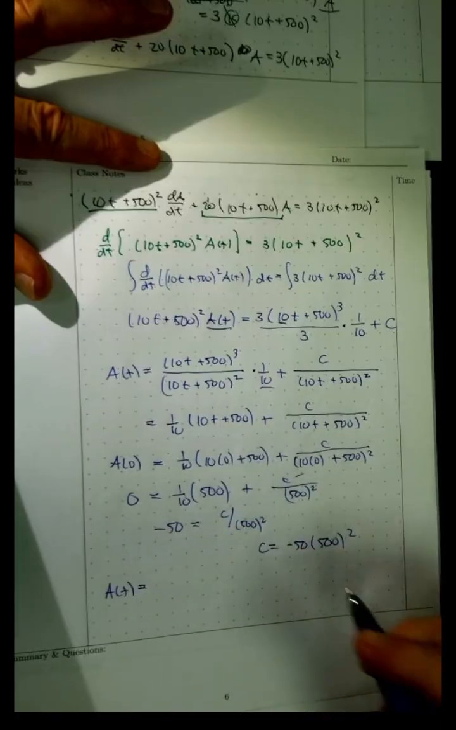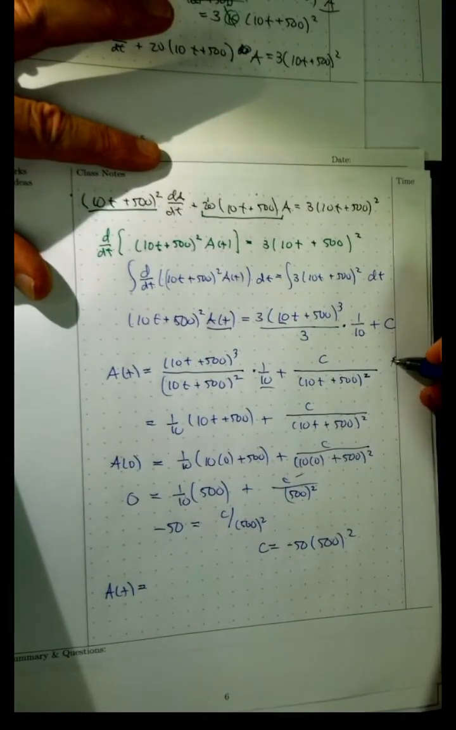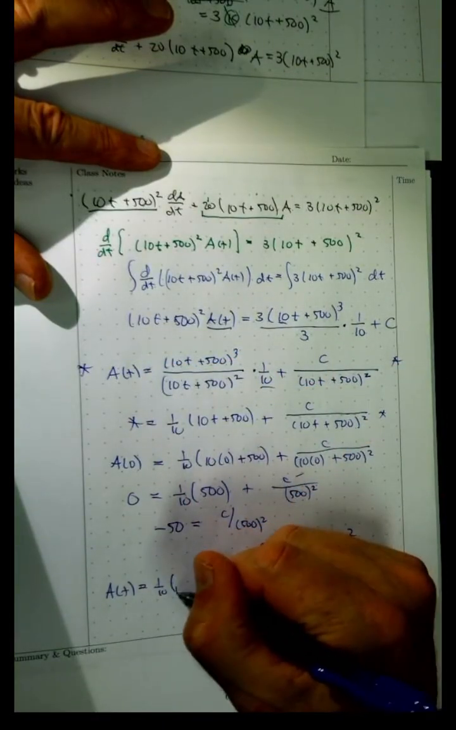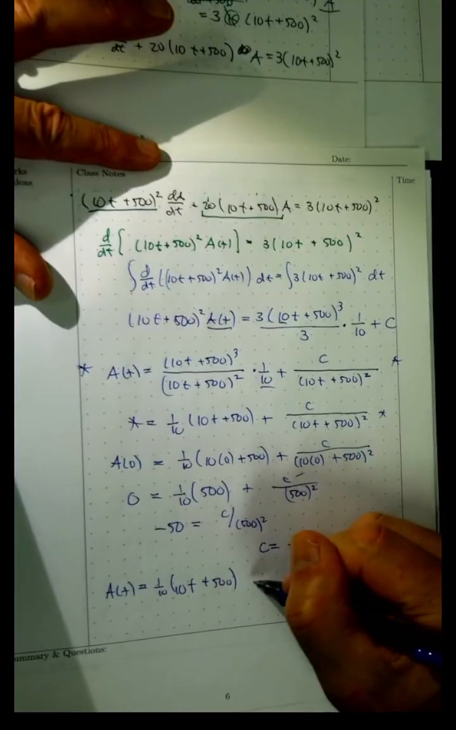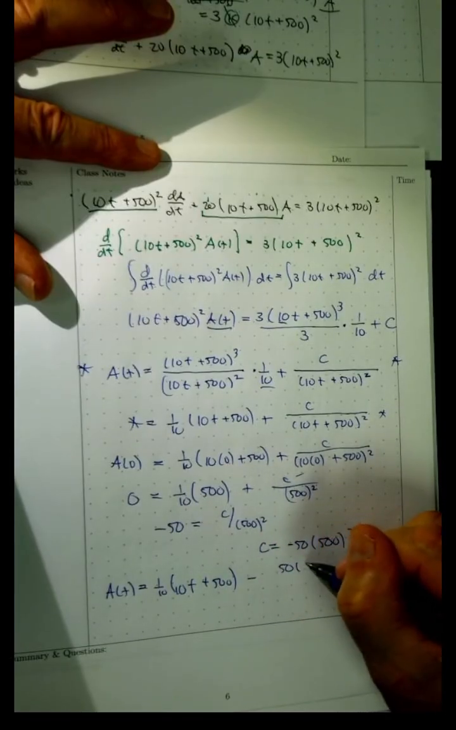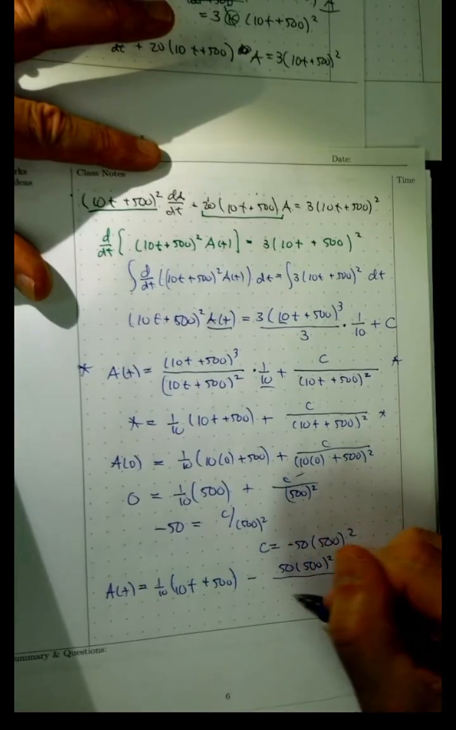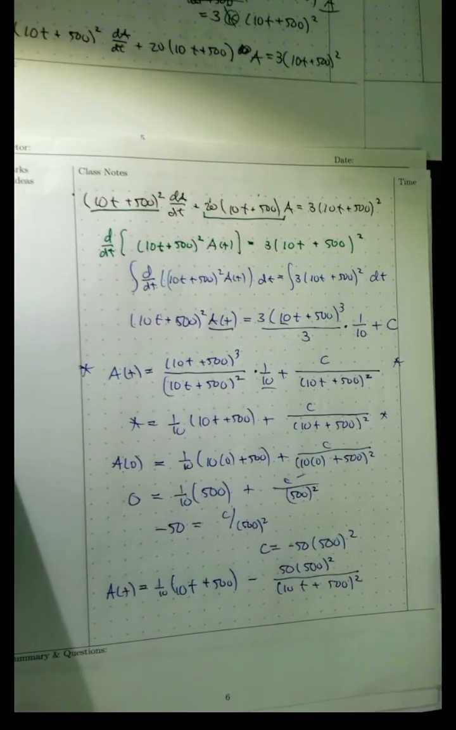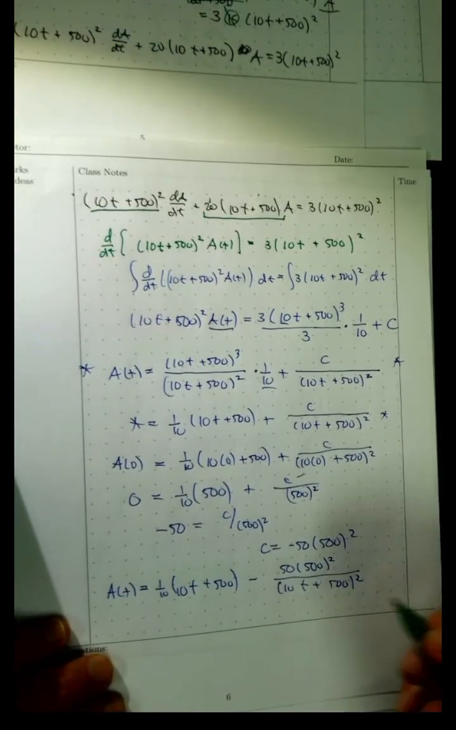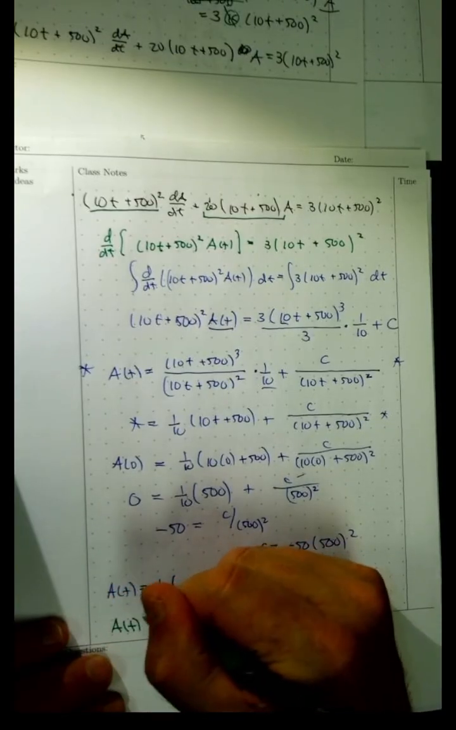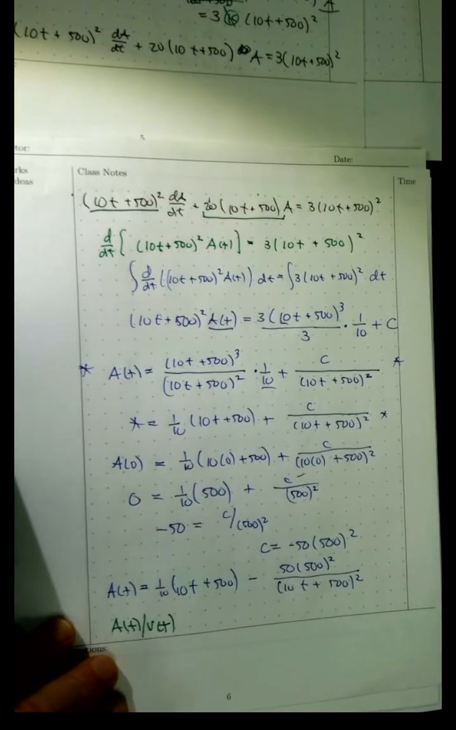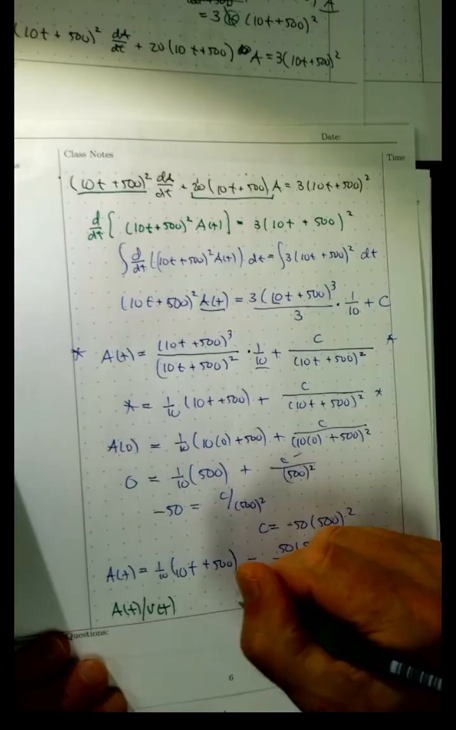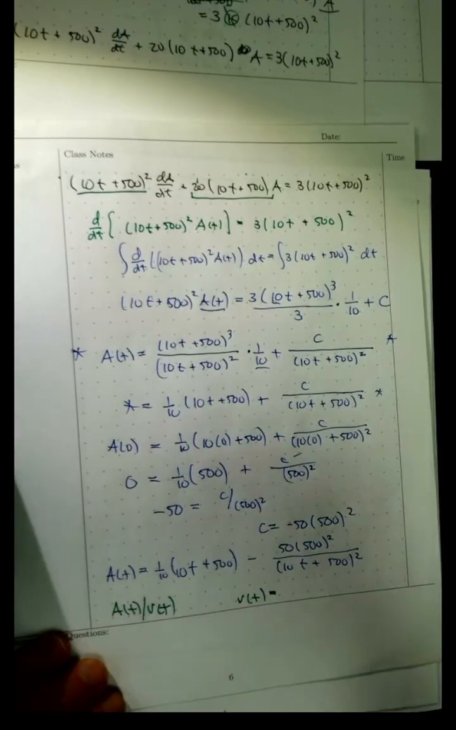So my A(t) becomes, coming back to here, 1/10 (10t + 500) minus 50 times 500² over (10t + 500) quantity squared. I'm not quite done though. The question I decided was going to be, what's the concentration? The concentration is going to be the amount divided by the volume. And we decided that the volume was, looking back,